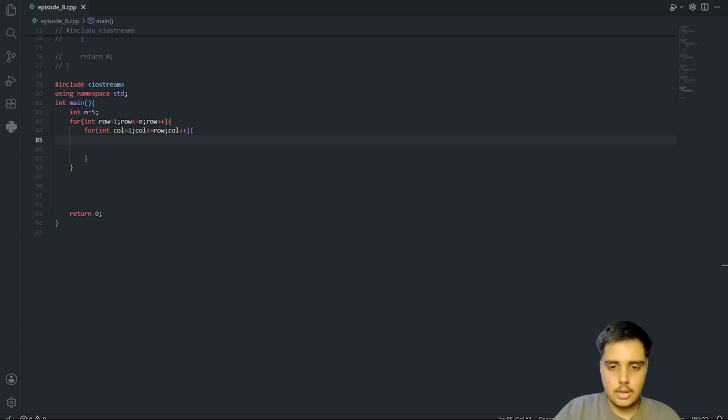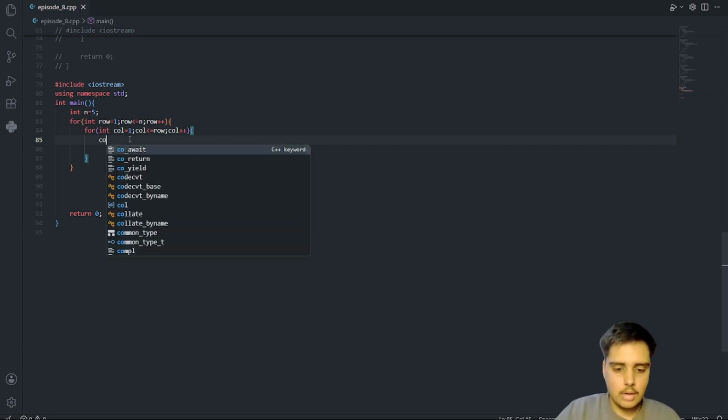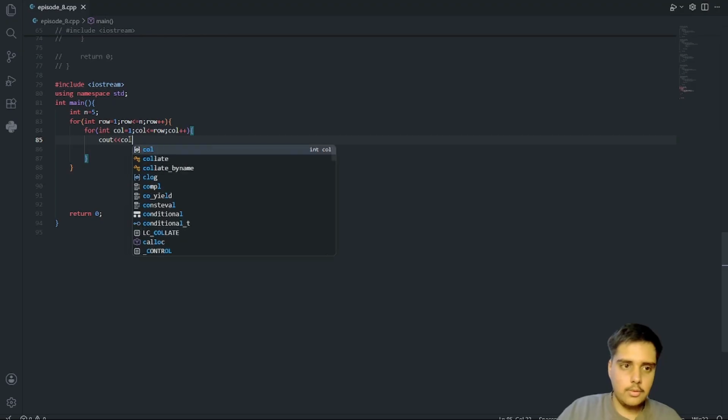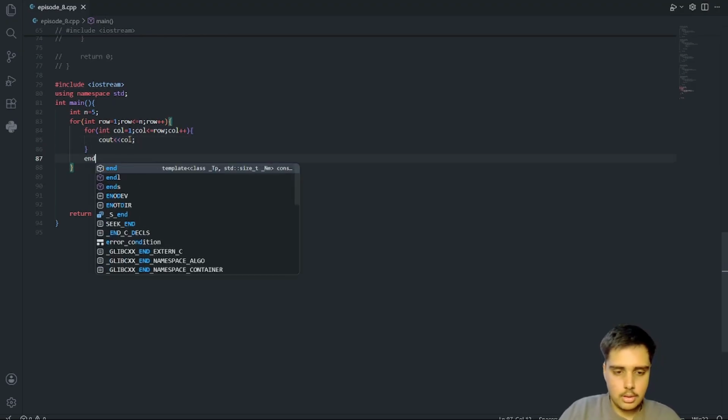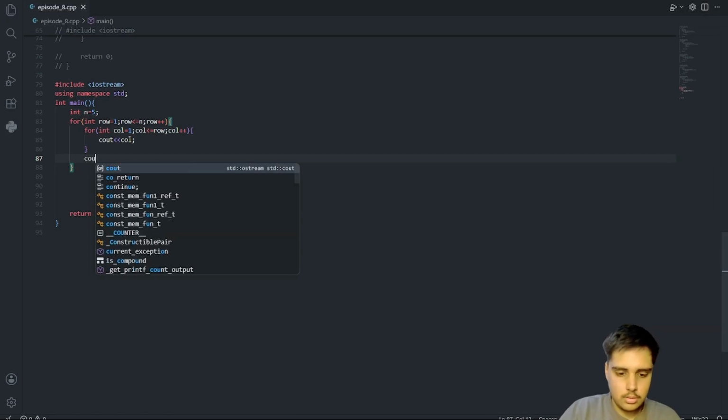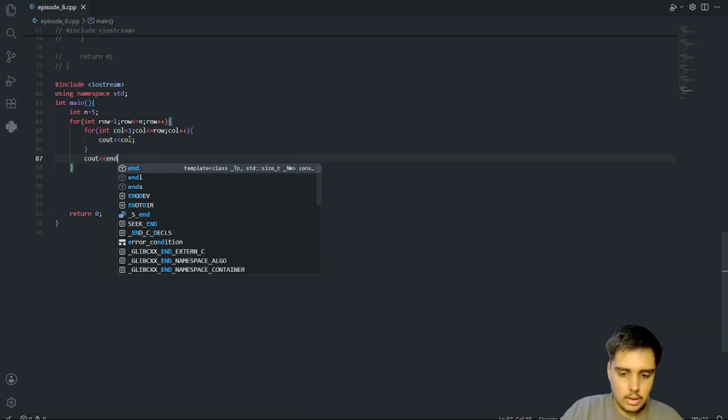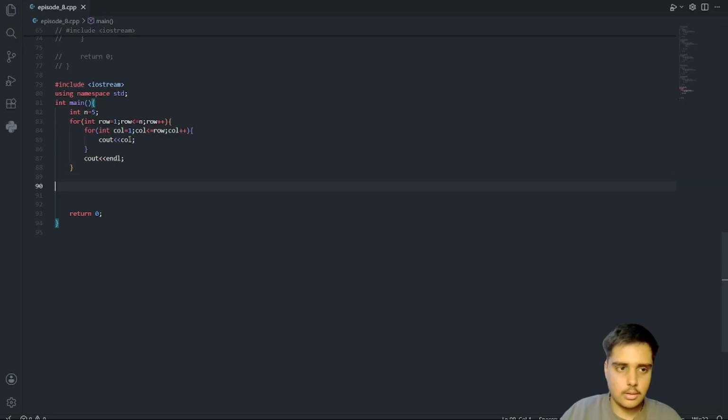Simply here we will print out the value of column. Here I will include cout, end of line, and done.